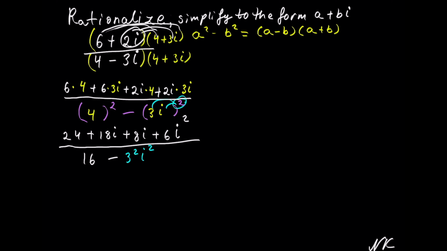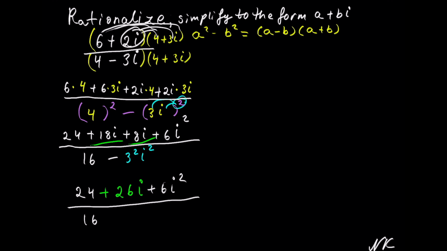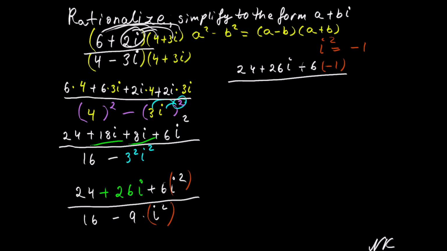Let's combine like terms of i in the numerator, and we will get 24 plus 18i plus 8i, we get 26i, plus 6i to the second out of 16 minus 3 to the second is 9 times i to the second. On this step, let's remember that i to the second is equal to -1. So we need to replace i squared in the numerator and denominator with -1. So we get 24 plus 26i plus 6, and instead of i squared we put -1, so 6 times -1. In the denominator we get 16 minus 9 times